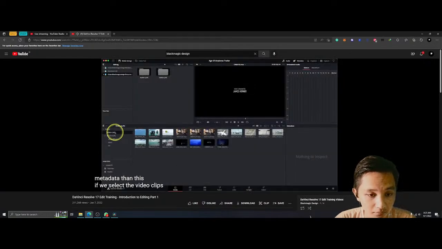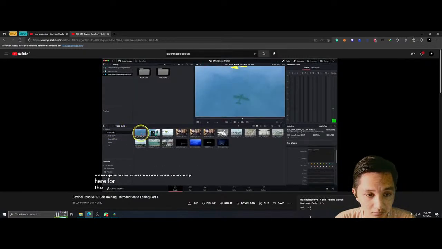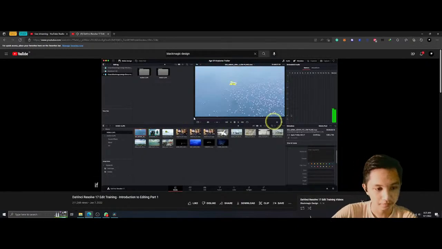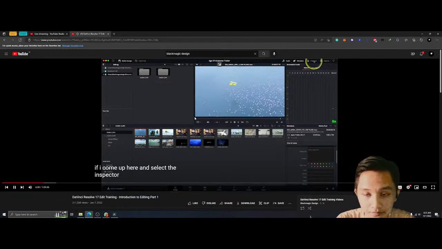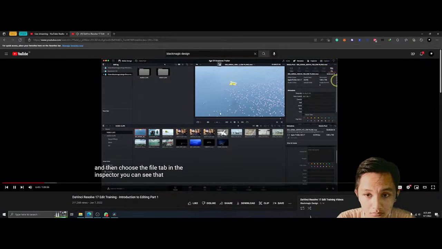If we select the video clips bin, for example, and then select this first clip here for the aerial shot for this Kenya clip. If I come up here and select the inspector in the top right-hand corner, and then choose the File tab in the inspector, you can see that we've